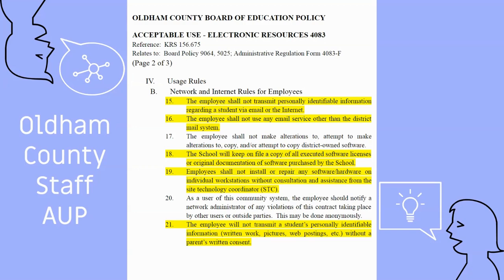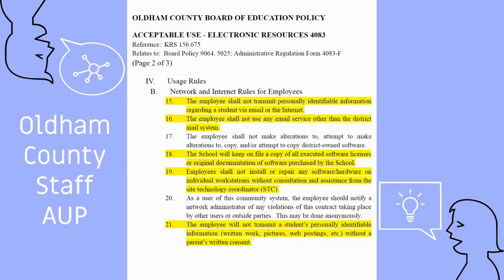And the ones that are relevant here for this discussion have been highlighted. So, number 15, the employee shall not transmit personally identifying information regarding a student via email or the internet. Number 16, the employee shall not use any email service other than the district mail system. Number 18, the school will keep on file a copy of all executed software licenses or original documentation of software